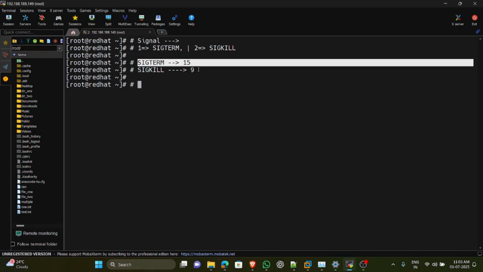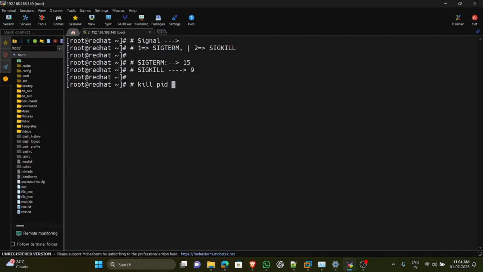There is a signal sender whose name is kill. So when we are using the kill command to send a signal and we forget to mention any signal name or number, and after it we just mention the PID, PID means process ID,